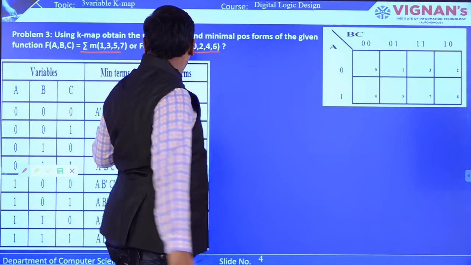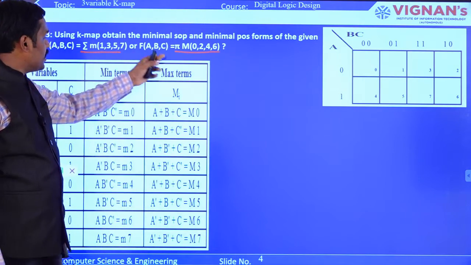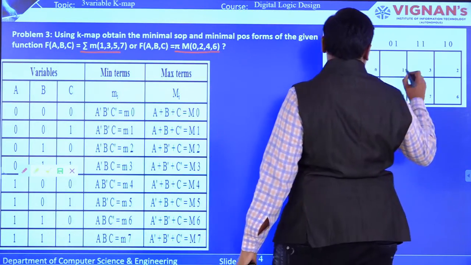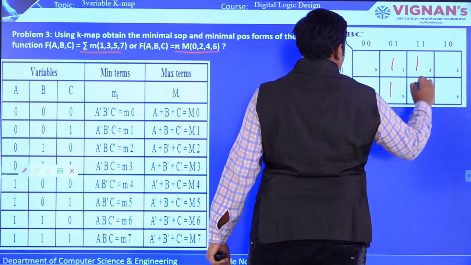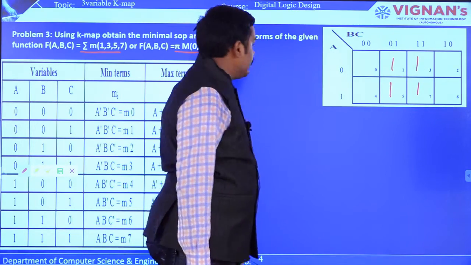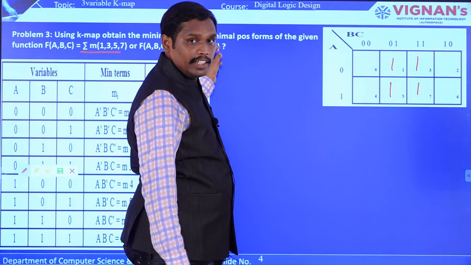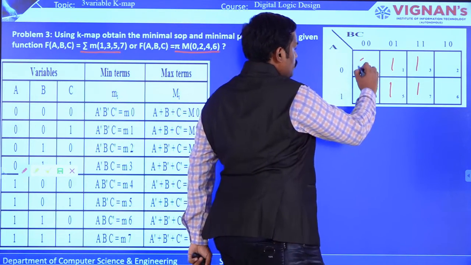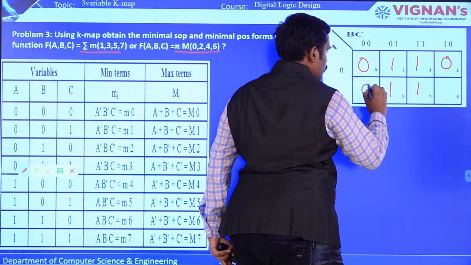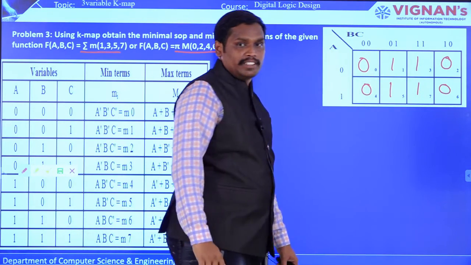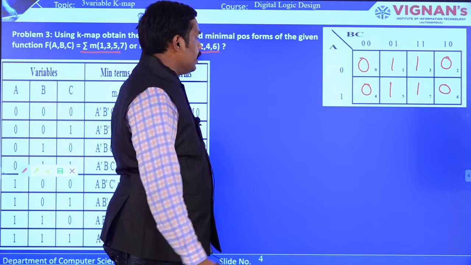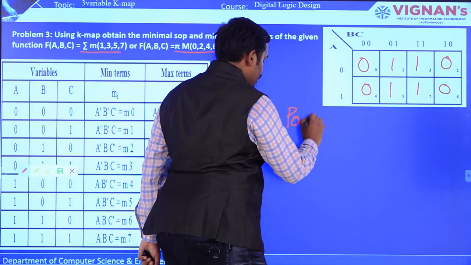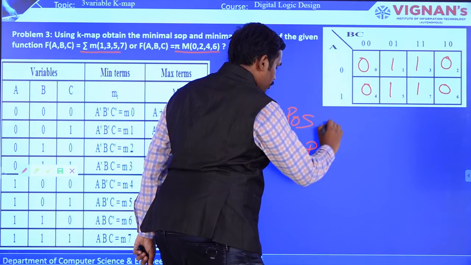So for min terms you are going to replace with ones, and for max terms you are going to replace with zeros. So you can see that min terms 1, 3, 5, 7 are the positions, so 1, 3, 5, 7 we have placed with 1. And the same way the question can be given in such a way that the max terms are given, so 0, 2, 4, 6, because POS will represent with zeros, right? So now for this, the simplified POS as well as SOP, we are going to find out.